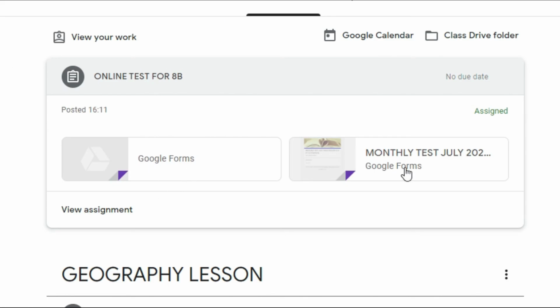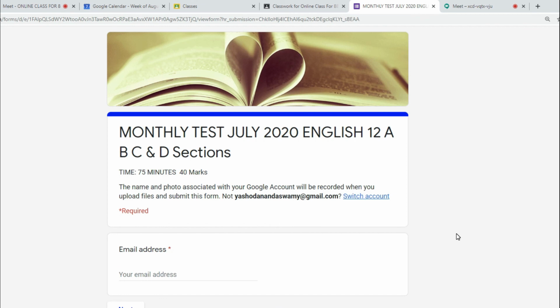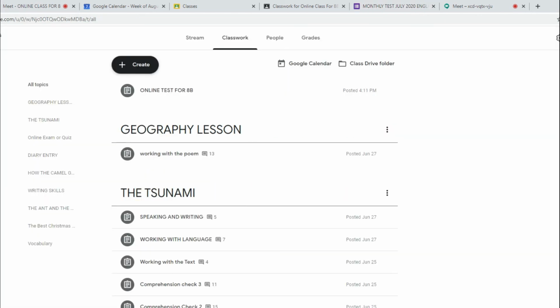Here you can see the Google Form question paper has been attached. As we have not deleted the by default generated Google Form, it is also still attached, but here you can see the question paper which I have inserted is successfully attached. So the students will click this one, and they will come to the question paper and complete writing the online examination, and you will get the result of the online examination in your Google Drive, as well as it will be found even in your Google Classroom.